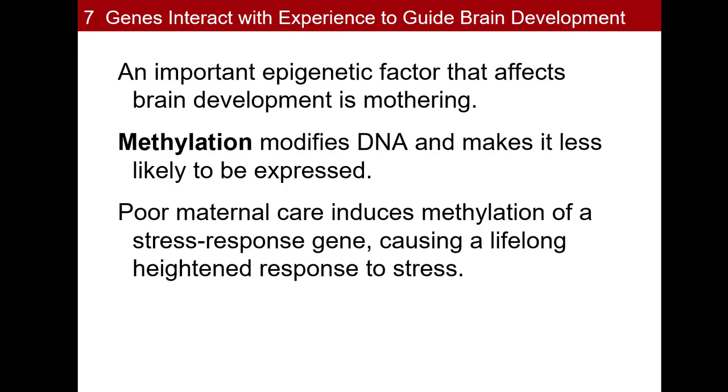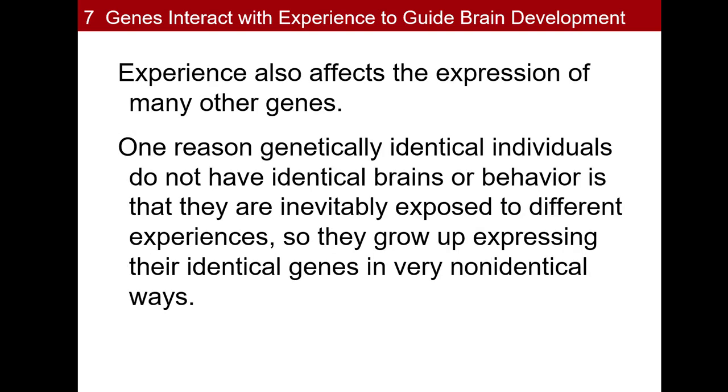On the other hand, if the individual received ideal mothering, then this methylation would not take place. And then the part of your genes that helps you process stress would be healthy and functional, and the individual would not be as heightened in their stress response. Now, certainly, there are tons of different things that can impact the way you handle stress, and mothering is not the only one, but it is one that research does support. Okay, so what we're saying is that you have genetic information, but the environment can impact which part of your genes are actually activated. So this is where we get back to the idea of twins or multiples.